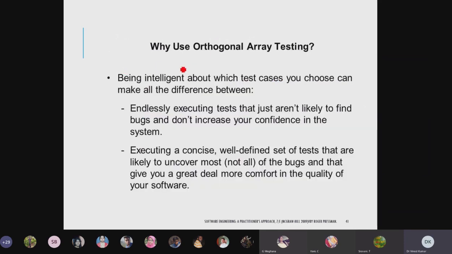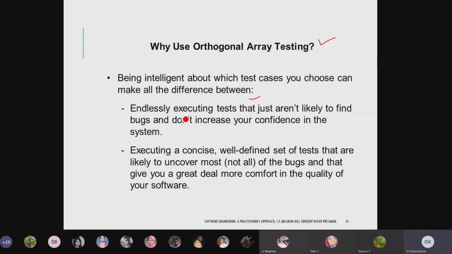So why do we use this orthogonal testing? That is a good question in test case design and testing. Being intelligent about which test cases you choose can make all the difference. If you are not choosing the correct test cases, then many problems may come.